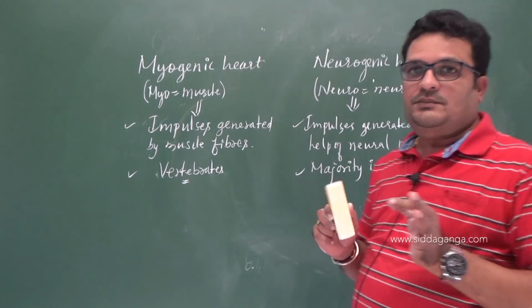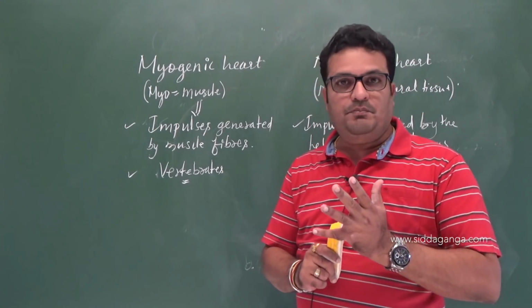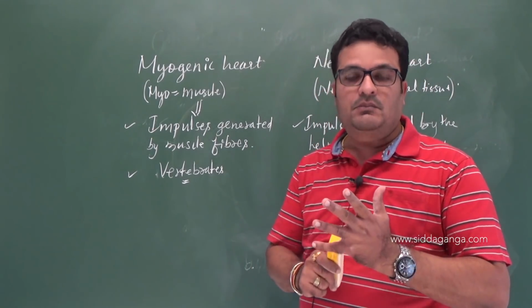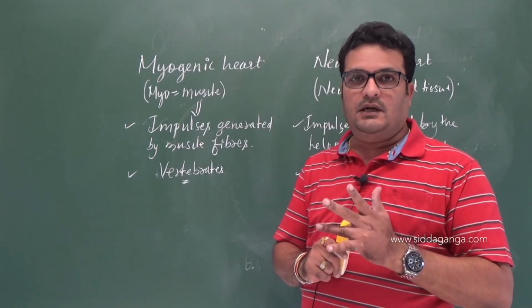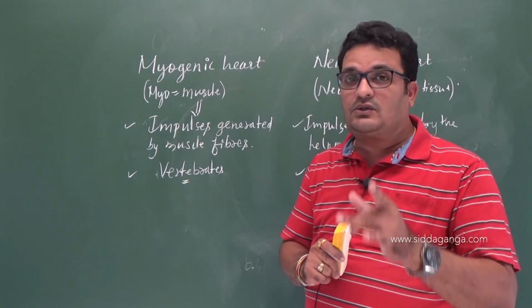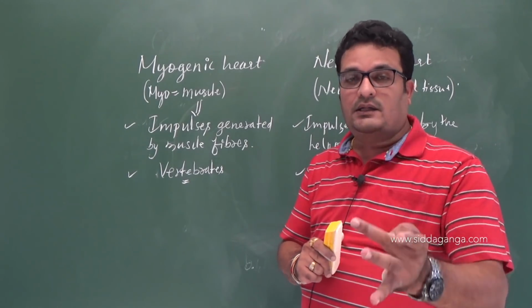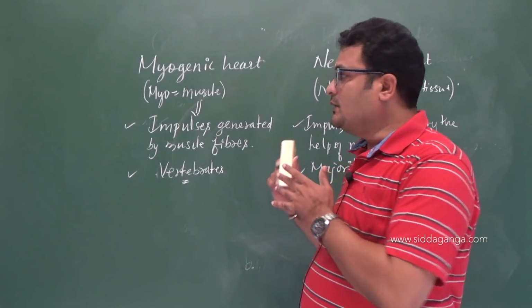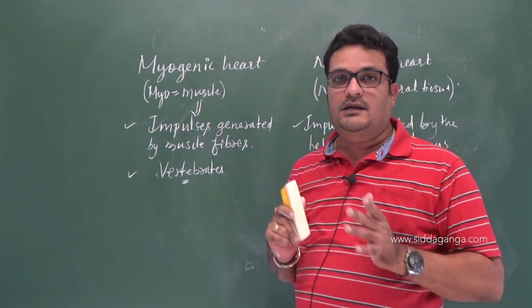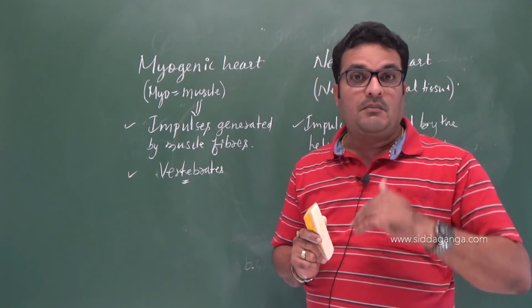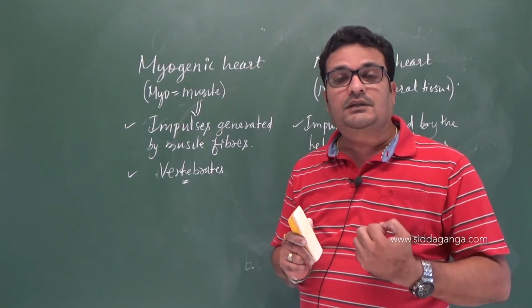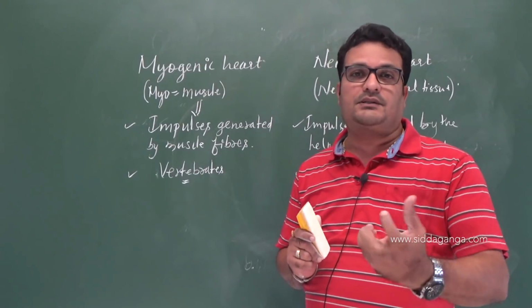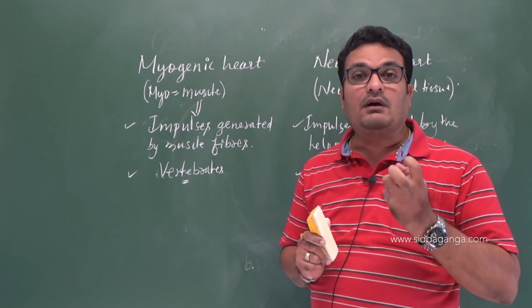So this is how specifically the conduction pathway or the conducting system of the heart, and the cardiac cycle, one cardiac cycle that constitutes one systole and one diastole, and the third category, the 2 types of heart recognized in case of animals based on the origin of electrical or cardiac impulses needed for